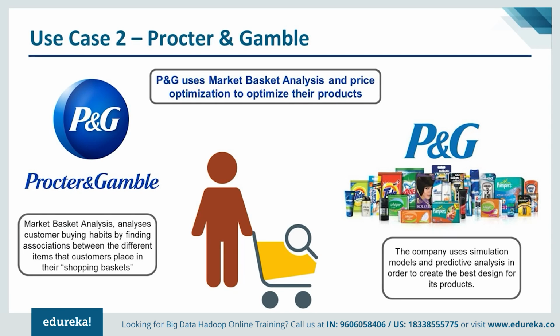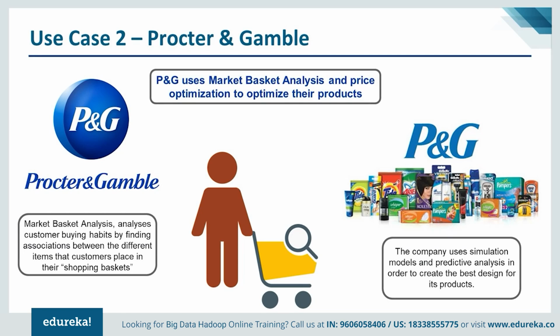In one strategy, items that are frequently purchased together can be placed in close proximity to further encourage the combined sales of such items. So for example, I'm going to a store, I want to buy bread. Then I also see butter, so I will want to buy butter as well. So that's how stores optimize their sales. They place all these products like butter, bread, milk, eggs in close proximity because they know when a customer comes to buy bread, they might also want to buy butter or milk or eggs. All right. So this is one such example.